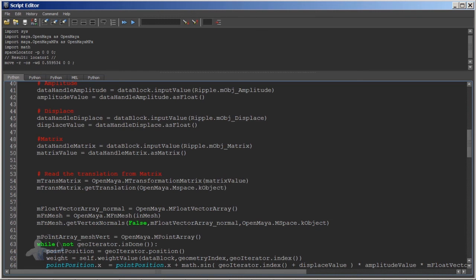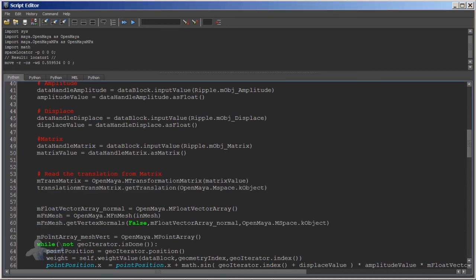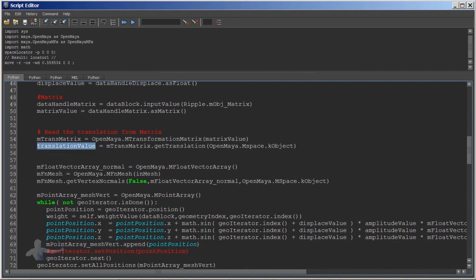Okay, and this would return us a vector value, which is the translation value. It would return us translation X, translation Y, and translation Z. But we just want to use translation X. So we would use the 0th element of this,